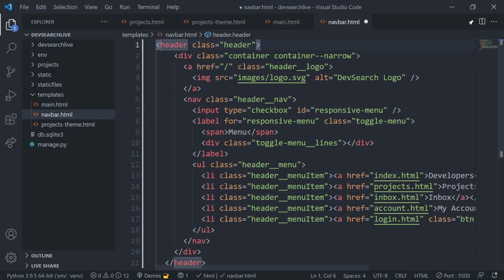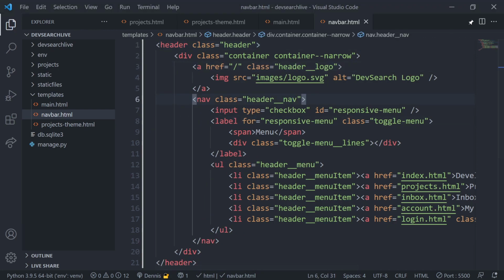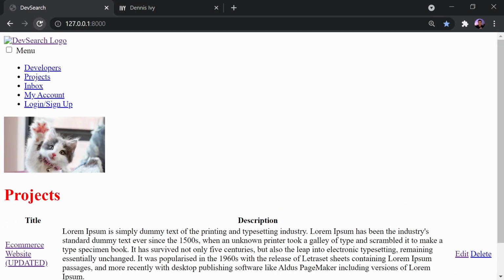So paste in the entire header tag in navbar.html. If I'm losing anybody, speak up here. I do want to clarify if you guys need it. So we're going to paste this into the main navbar. So if I go ahead and refresh that, now we're seeing these links here, and there's no styling applied so